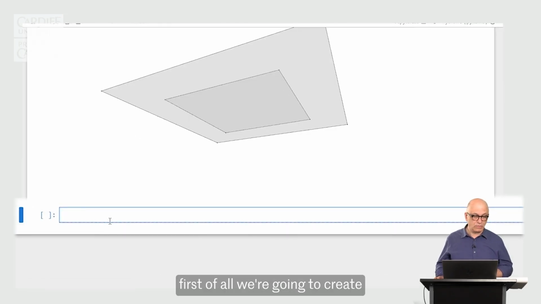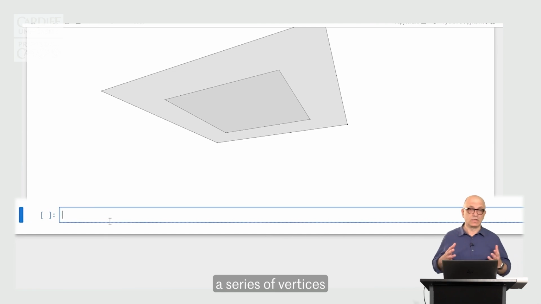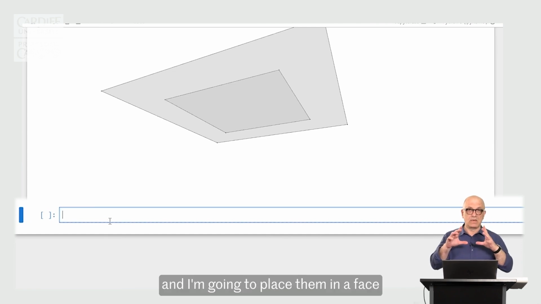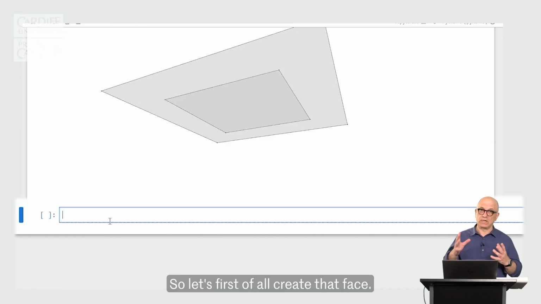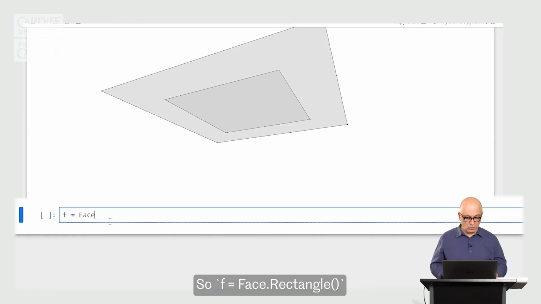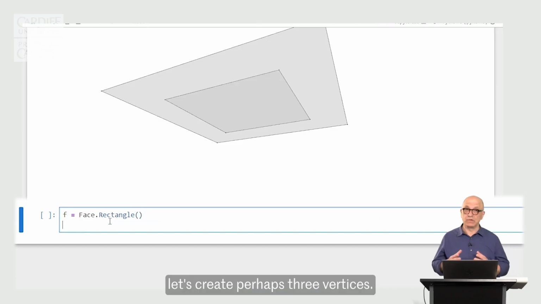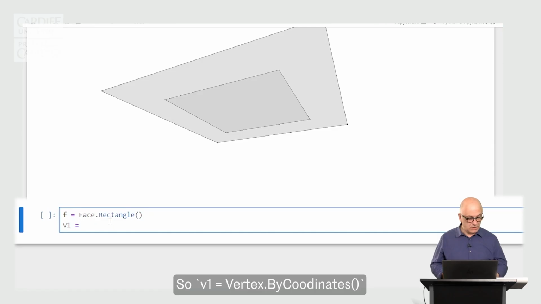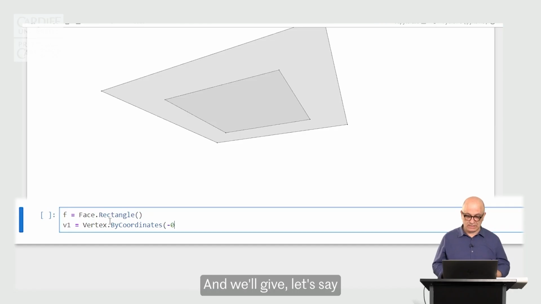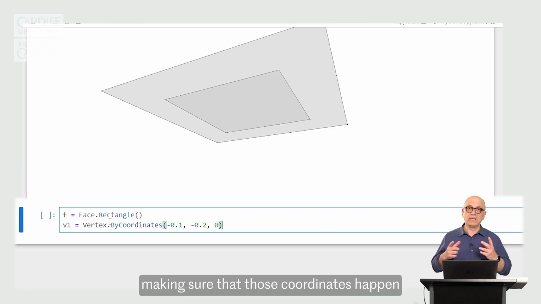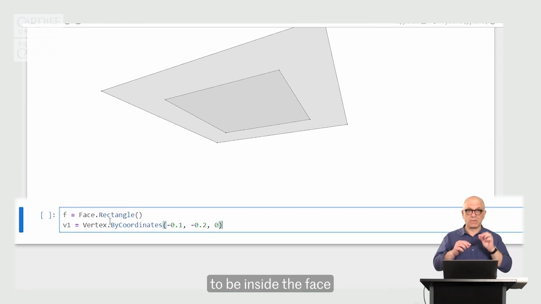So here, first of all, we're going to create a series of vertices, and I'm going to place them in a face that is 1 by 1. So let's first of all create that face. So face is equal to face.rectangle. And then let's create perhaps 3 vertices. So V1 is equal to vertex by coordinates, and we'll give, let's say, minus 0.1, minus 0.2, and 0,